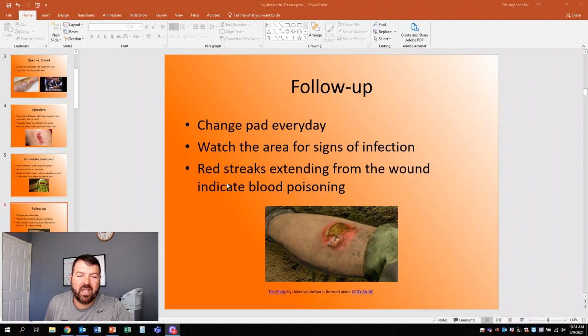I have never actually seen red streaks for blood poisoning. I've just read about it. I've actually never seen that. But you also will witness a smell, a really bad discoloration inside the wound. It can turn white, that dead tissue that your body is just getting rid of. And that's kind of normal. Nothing wrong with that. But you want to keep in mind the infection around. And this is for every wound, not just for the abrasion.